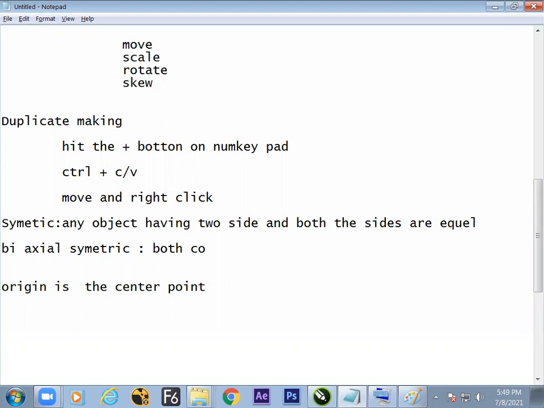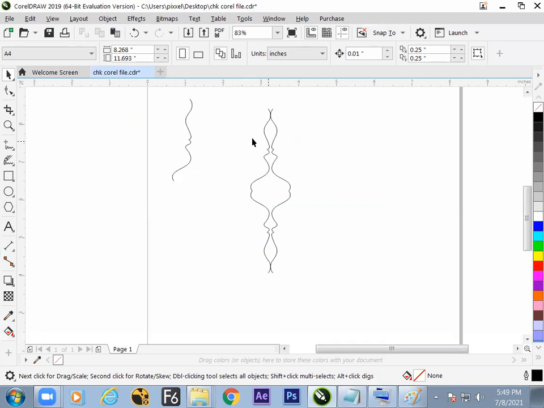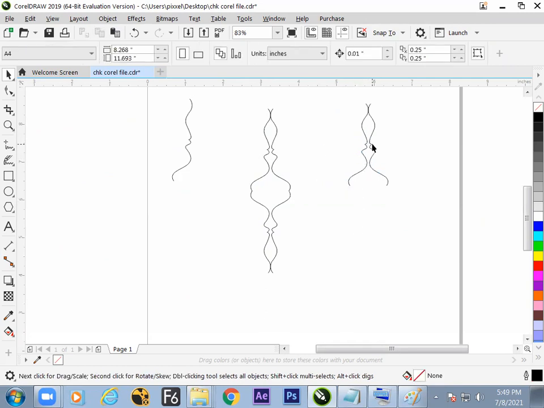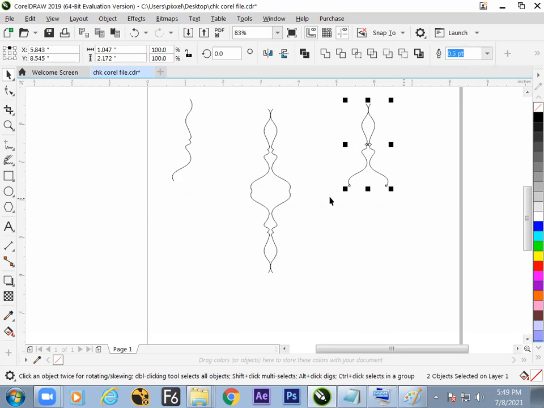Both coordinates. Just check this well, but hope you got to know what we mean. In symmetric, only the x coordinate is the same. Y is not equal. So let us take an example. This much of the thing is symmetric, but not biaxial symmetric. If you start flipping from this point, then left, up and down are not equal. So this is one coordinate symmetric, but this is two coordinate symmetric. That's why it is called biaxial symmetric.